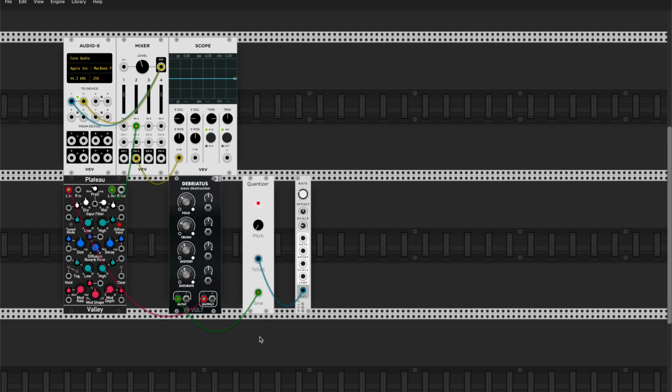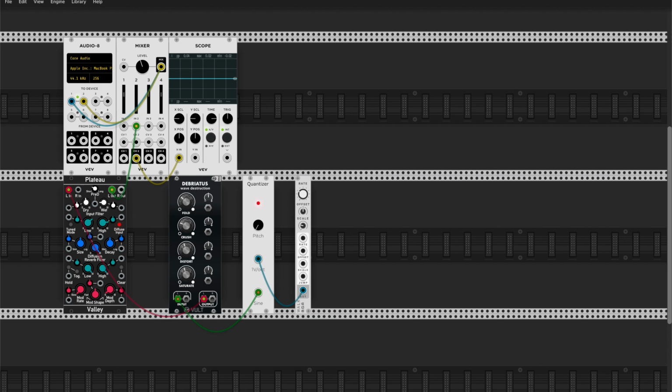I'm very new to VCV Rack plugin development and C++ in general, so I just followed the tutorial on VCV Rack's website for plugin development. So this sine wave is generated from here. It goes into this wave folder, wave shaper kind of a module from Volt. This is another excellent developer, and then the output from there goes into this Plateau, which is yet another fantastic module, and then that goes into this mixer. So I'm using this wave folder only because I didn't want a sine wave going out in this demo.